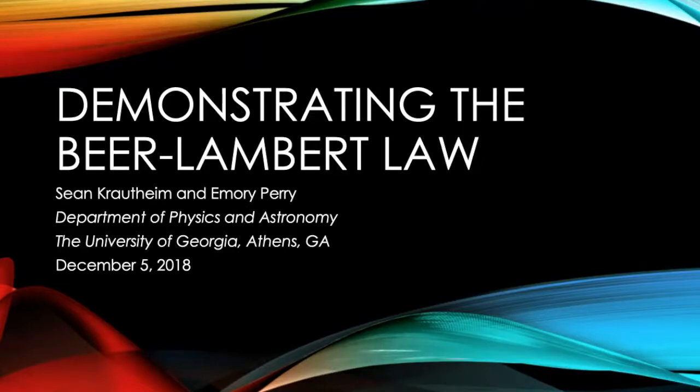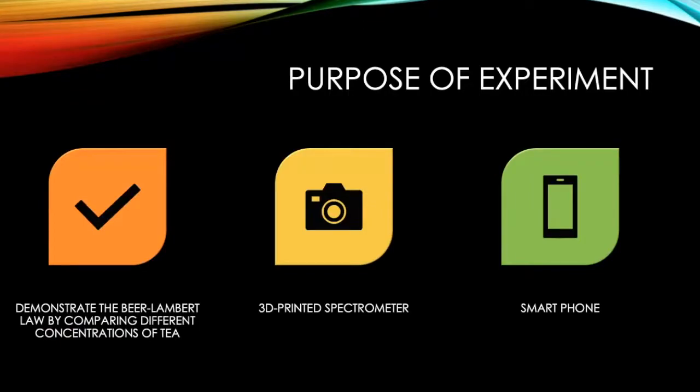This project demonstrates the Beer-Lambert Law, more commonly known as Beer's Law. This is the final project for our modern optics class in the physics department at the University of Georgia. The purpose of this project is to demonstrate some optical principle using a 3D printed aperture in a smartphone. We decided to demonstrate the Beer-Lambert Law by comparing different concentrations of tea with a 3D printed spectrometer in an